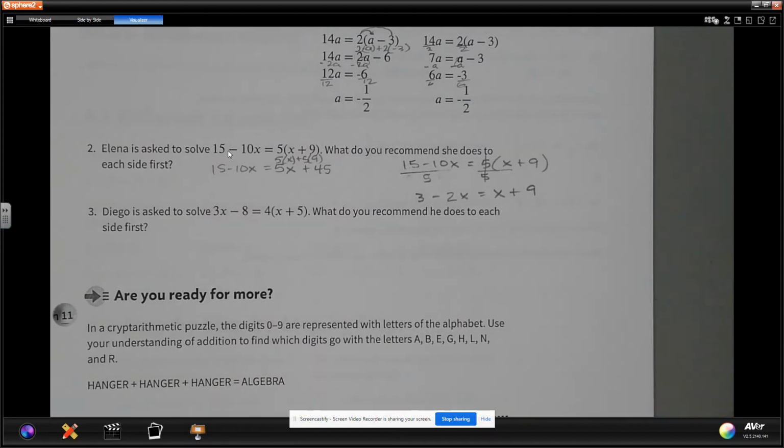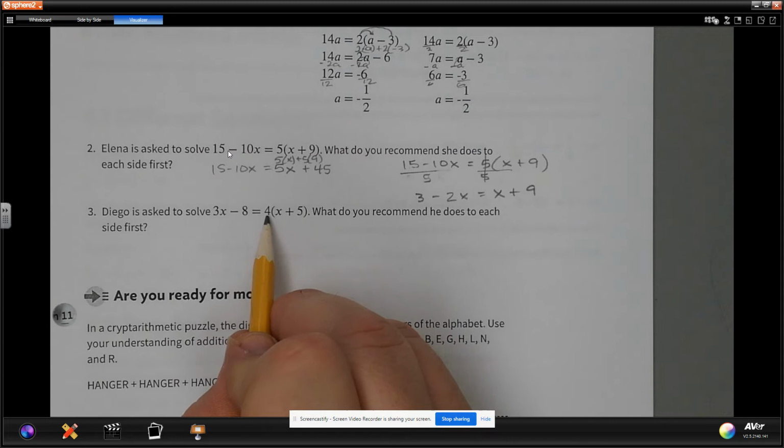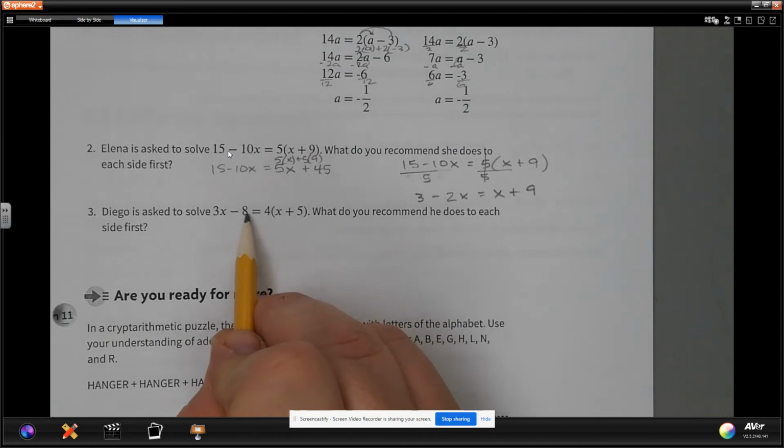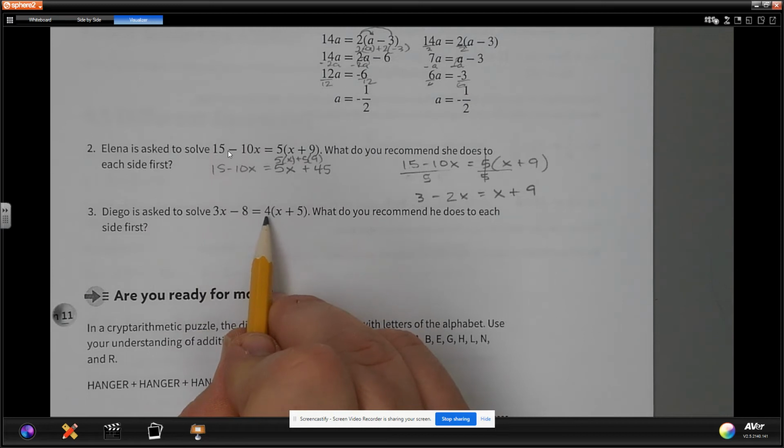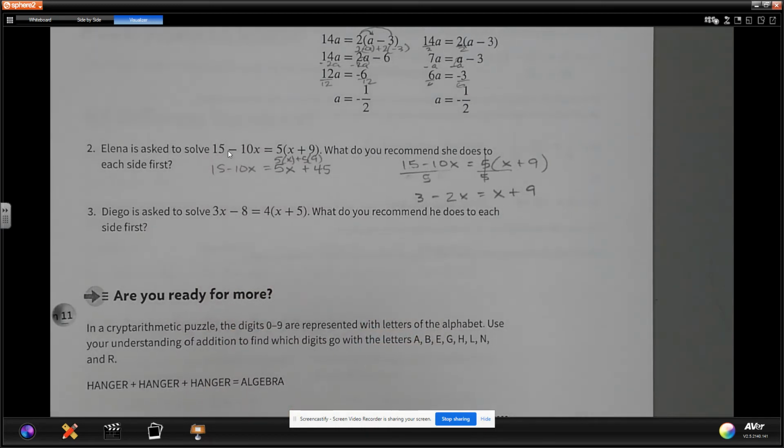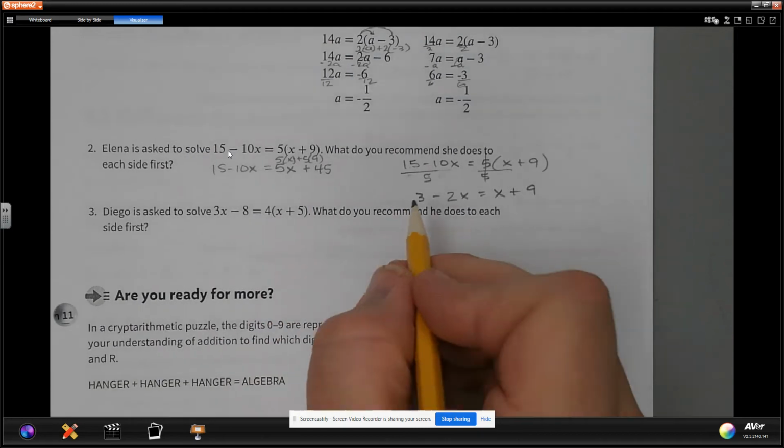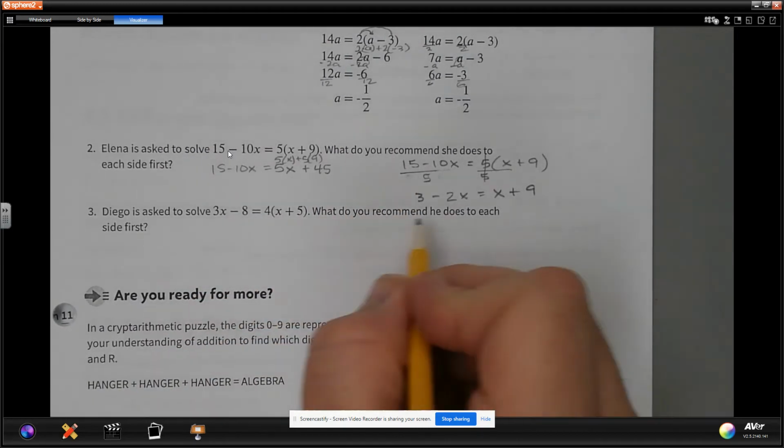Now, if we look at the next one, number 3, Diego is asked to solve this equation. What do you recommend he does to each side first? I'm going to look at this part right here and see if division would work. 8 divided by 4 would be 2, but 3 divided by 4 would be a fraction of 3/4. This is not ideal for what I want to do because the fractions are a little bit tougher. It is a possible outcome. So to avoid that fraction, I recommend